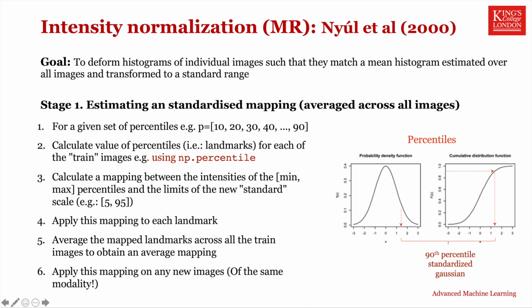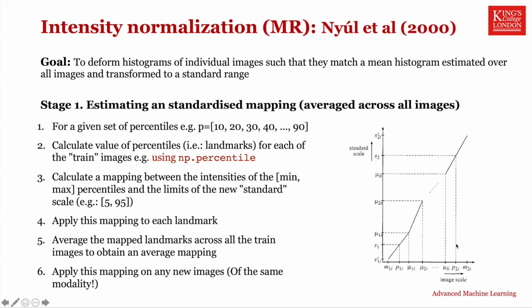Then, once you've got these target landmark intensities in this standard range, you go through your entire data set again, mapping the percentiles for the intensity ranges of each image into this target range. So the result looks a little bit like this, where here are the intensities of the percentiles of the input image and here are the target percentiles. And so you can see that this assumes that the relationship is piecewise linear, so scaling with a constant factor